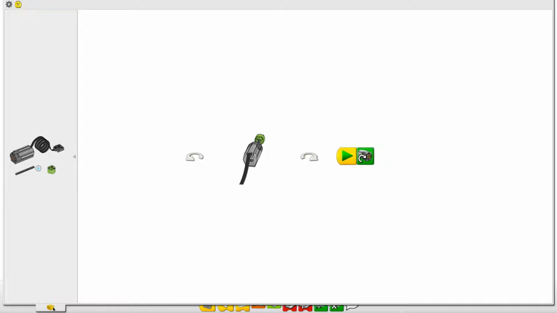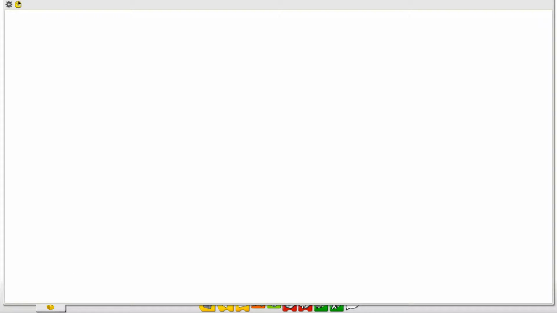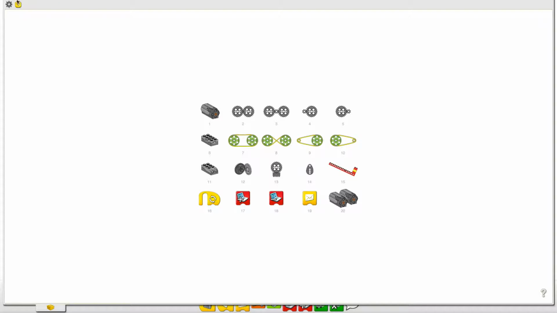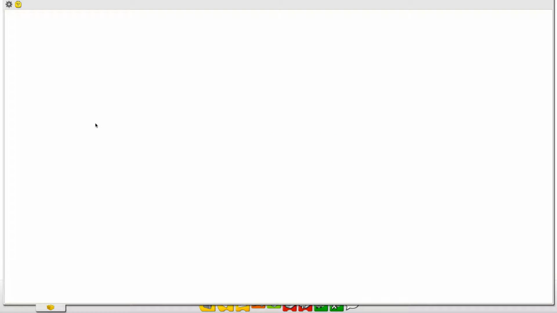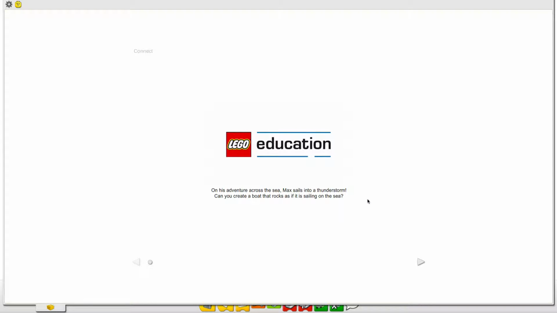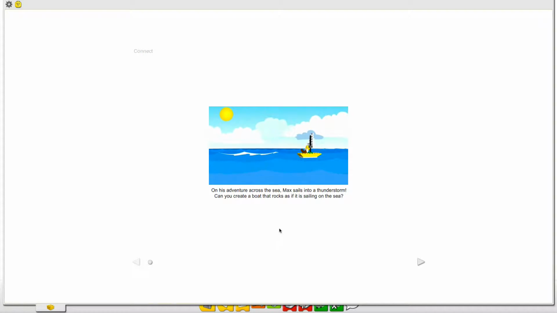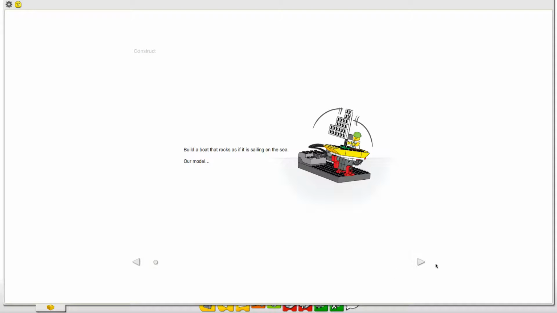For today's activity, we're going to do guided Sailboat Storm. So I go to the Activity tab, and then I'm going to click up here on the Lego face. The Lego face is going to open up all of the activities that can be completed with the Lego WeDo 1.0 kit. Today we're going to do Sailboat Storm. Click on Sailboat Storm. It gives me the story. Max is sailing into the thunderstorm. As I progress through, it will give me some guided constructing